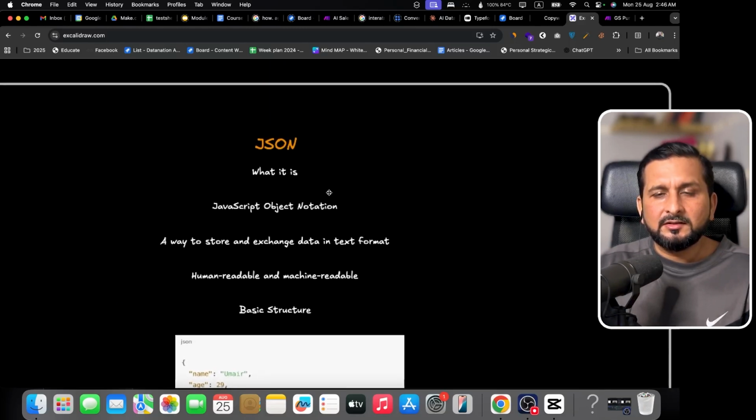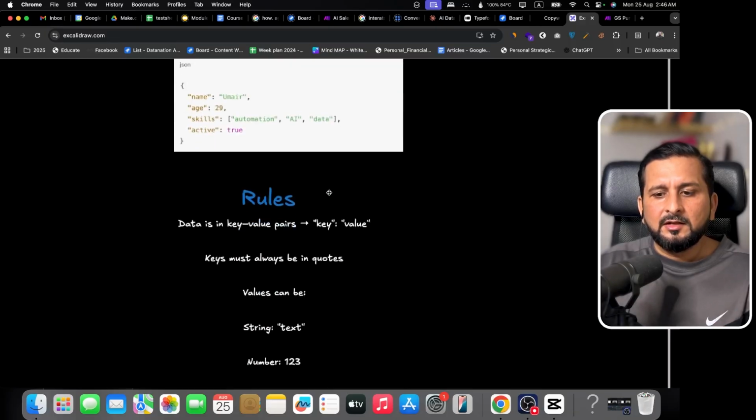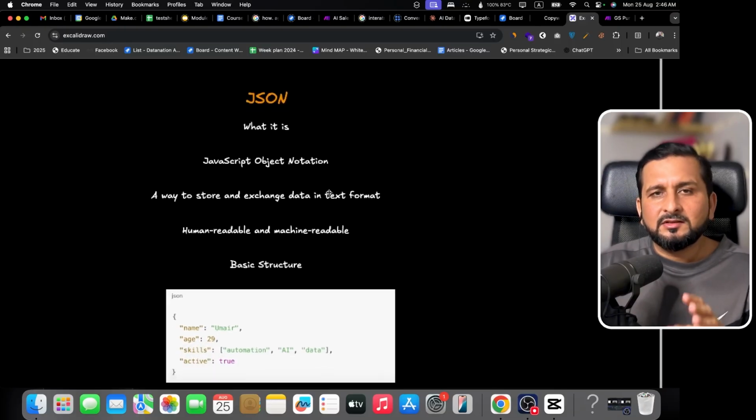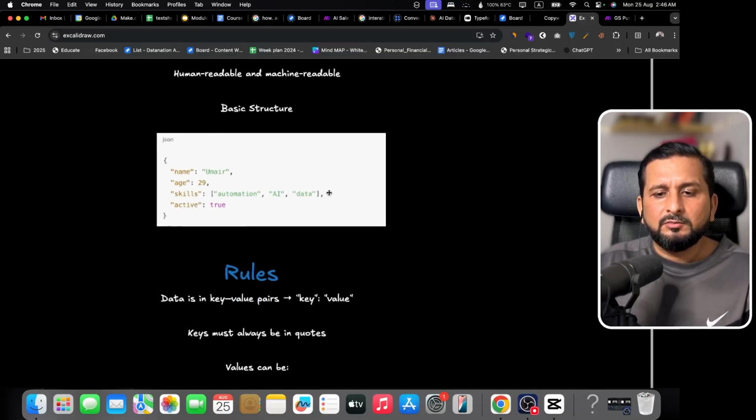So what exactly is it? It is a simple data format, and it comes in the form of key and value format. Basically this is JavaScript Object Notation, a way to store and exchange data in text format. It is human readable, and of course machine readable as well. It is made for easy understanding and universal